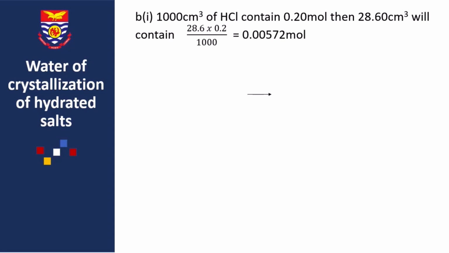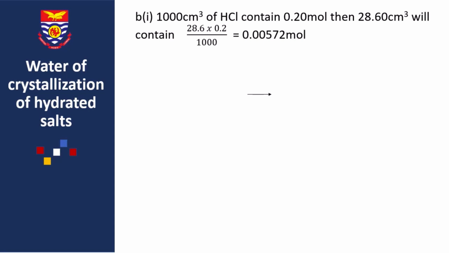If that is the case, now in the task, the acid was put in the burette, and so the average titer is the volume of the acid used, which is 28.6. So if the 1000 contains 0.2, then 28.6 will contain 28.6 times 0.2 divided by 1000, and that gives us 0.00572